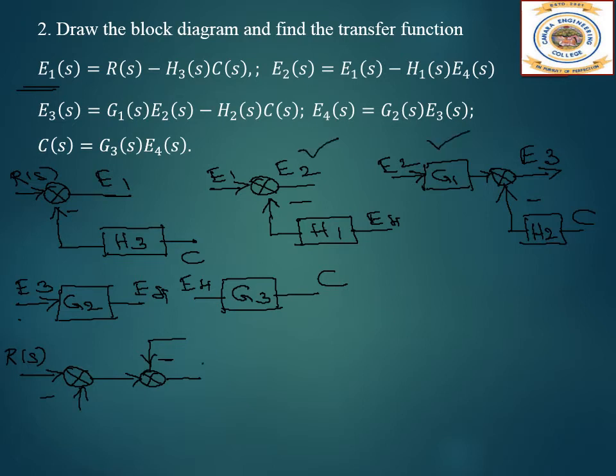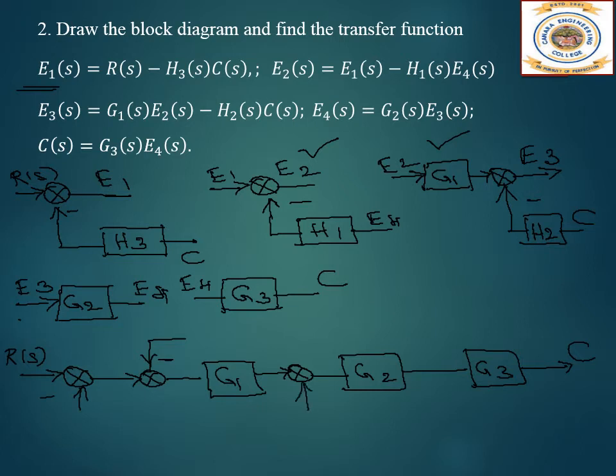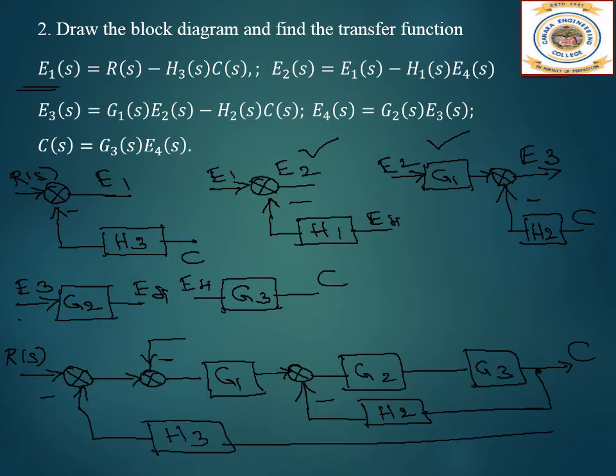Then this is over. Now we'll come to this E2. So here E2 signal. So what do we have here? G1. We just go on connecting it in a series fashion. That's all. E3. After E3 we have a G2 block. Then we have a G3 block. And this is C. Now here with this after G1, right? We have here H2. So minus. This is H2. Where is it coming from? It is coming from C. So we'll connect it to C. Then this one, the first one, H3 we have over here. Where is it coming from? That is also coming from C. So that also will connect here.